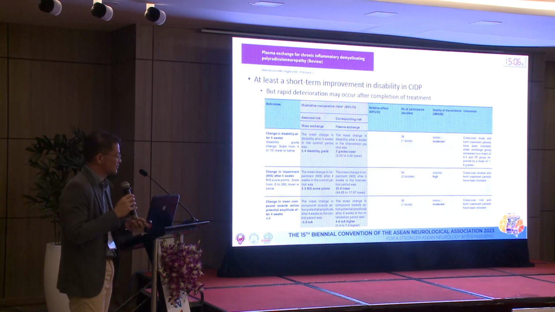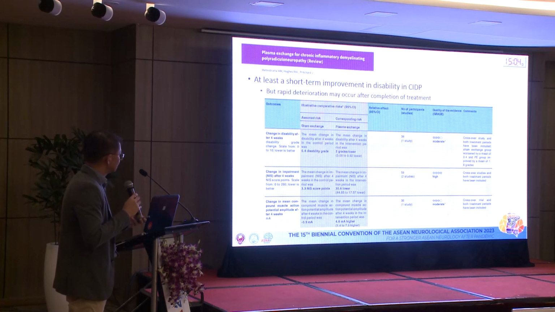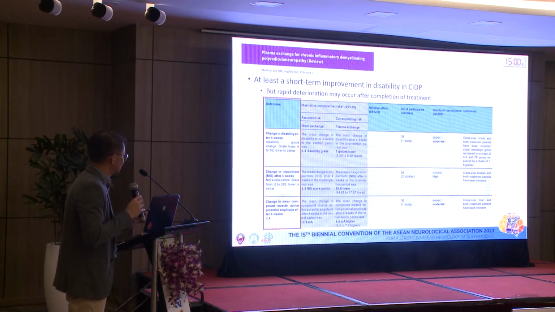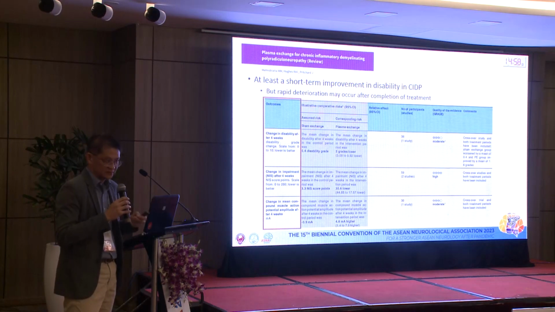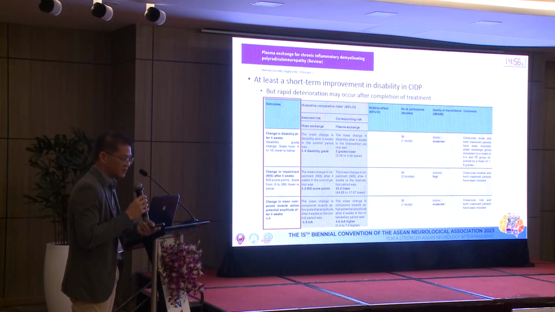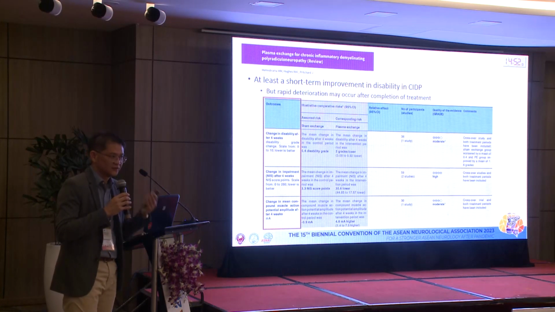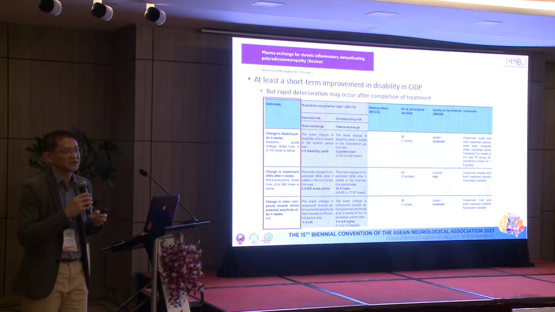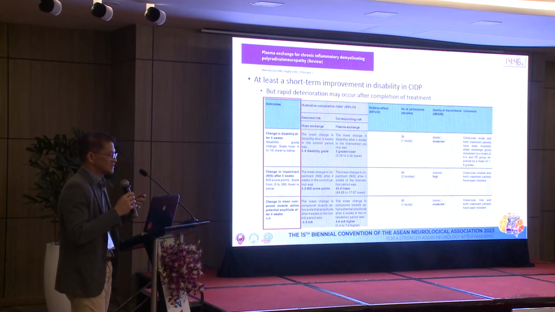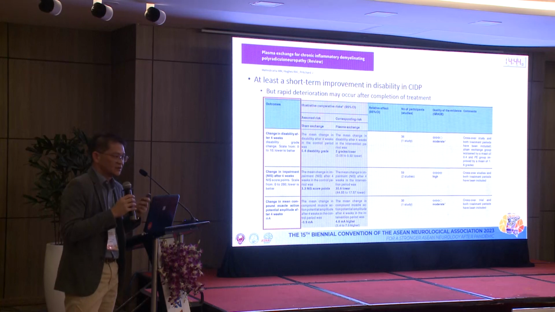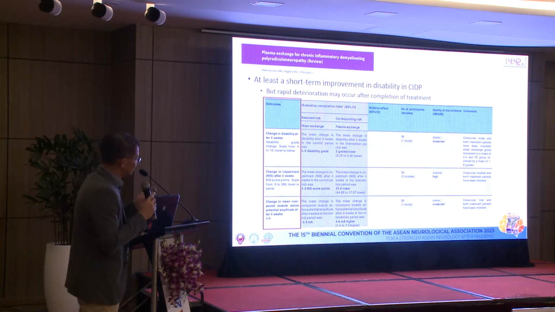Treating patients with plasma exchange shows that they improve in disability and impairment, and the nerve conduction study CMAP amplitude also improves with plasma exchange. But this is rather transient, because all the randomized trials show that